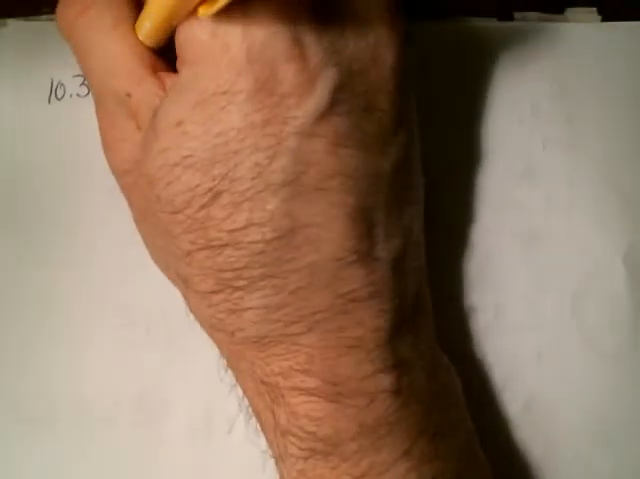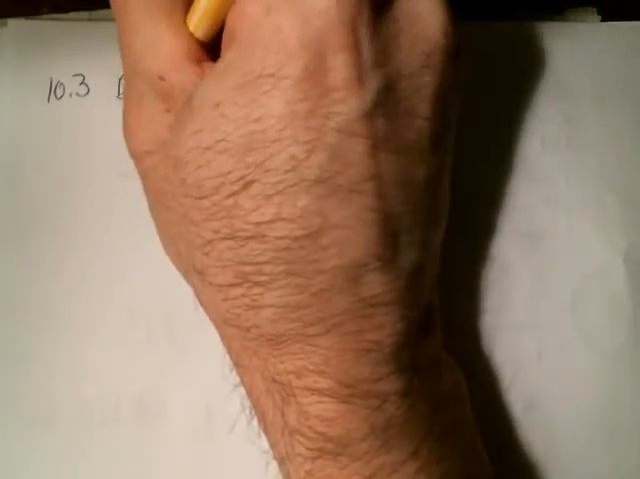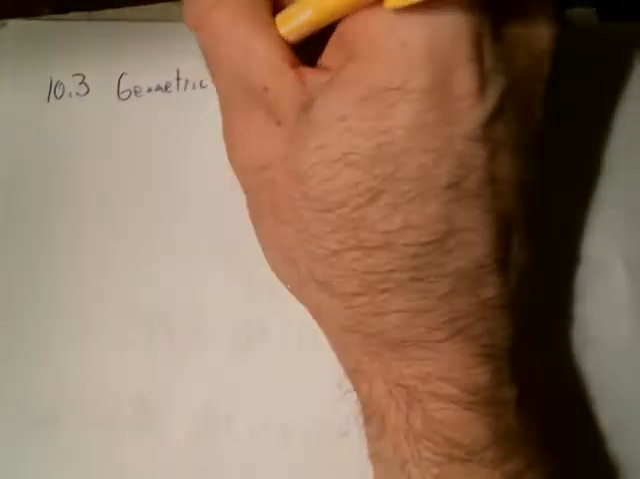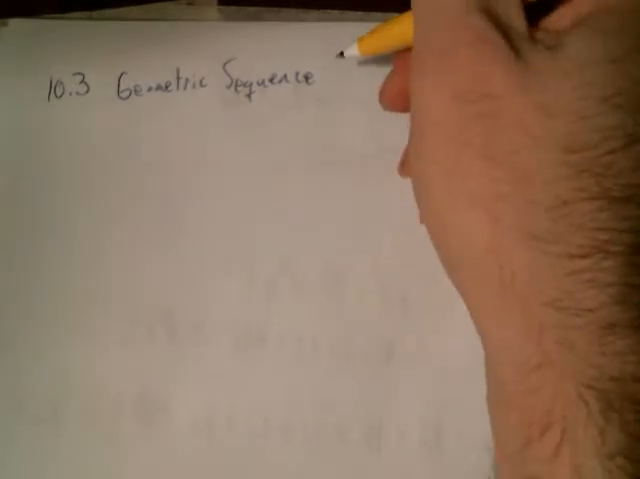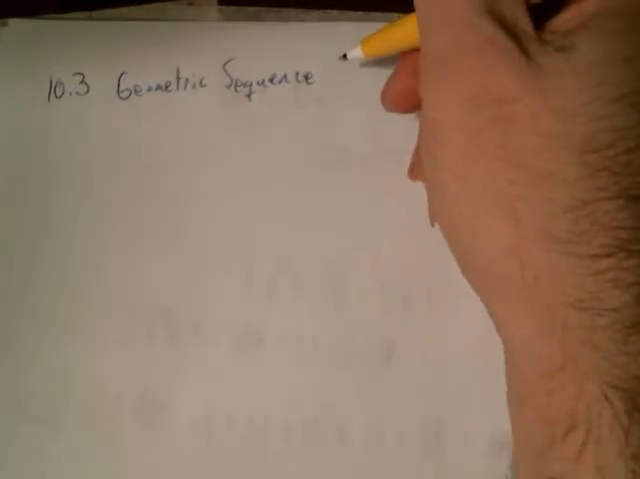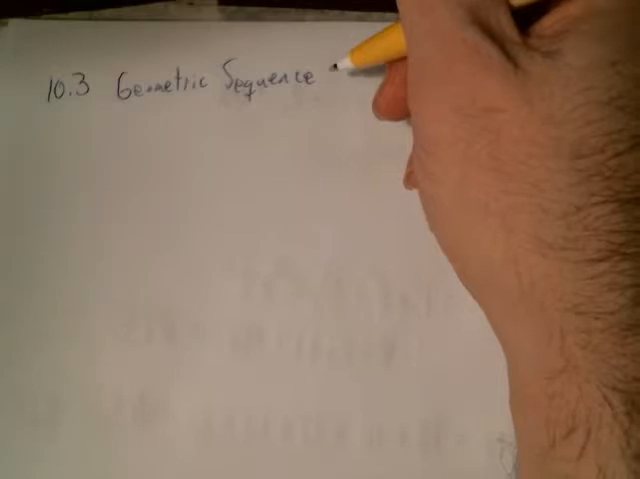Okay, the last section we're covering in chapter 10 is 10.3. We're going to look at another type of sequence, and this kind is the geometric. Along with that, we'll look at the sum of these geometric sequences, and then